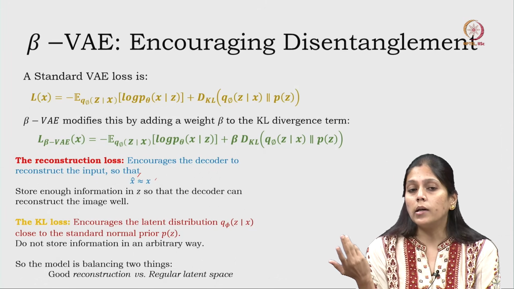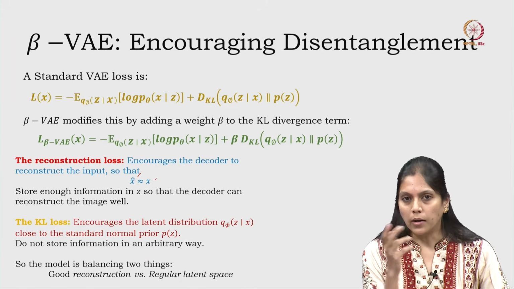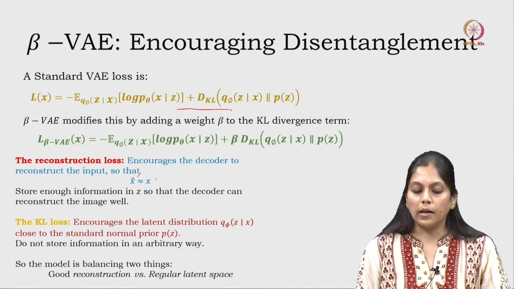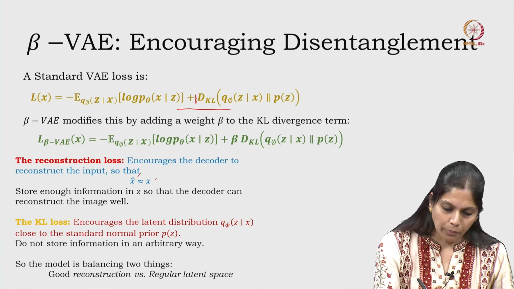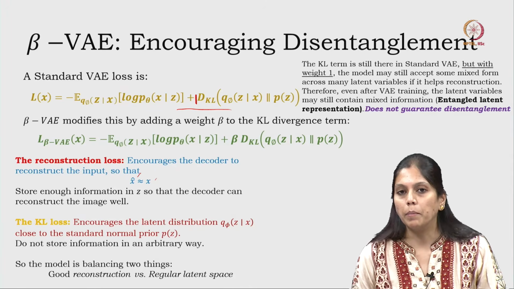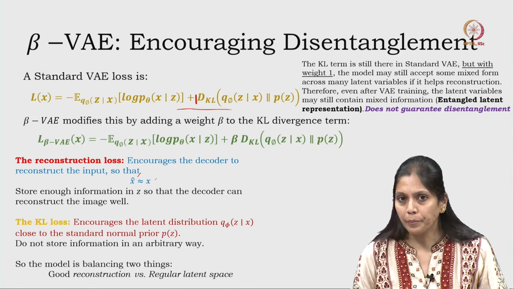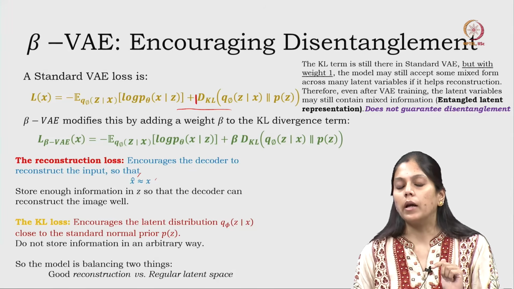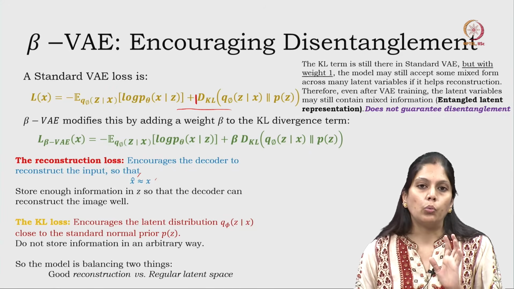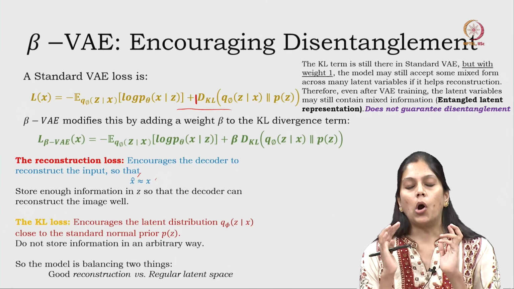Then in what way is it different? Look at the loss function very clearly here. If nothing is there, can we assume this as 1? If it is 1, can I say that the beta term here is 1? Right? So whatever the beta value is in a standard VAE, beta value is 1. Which means the model